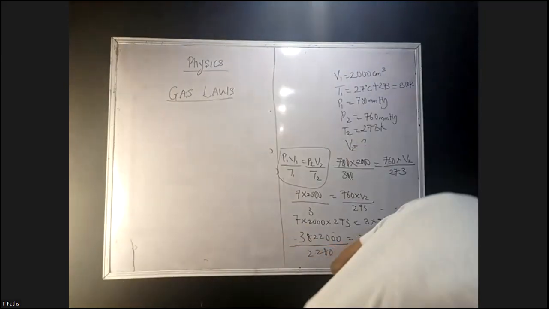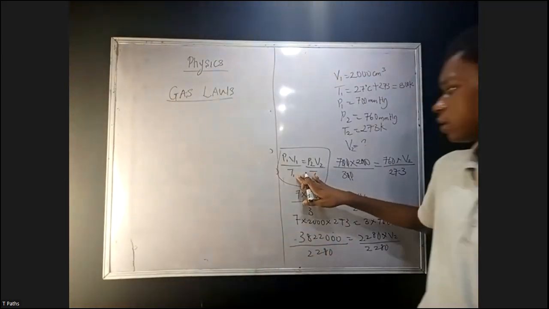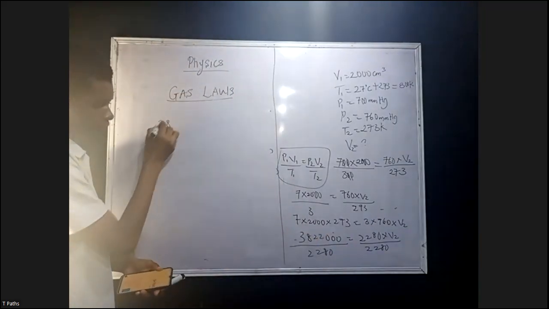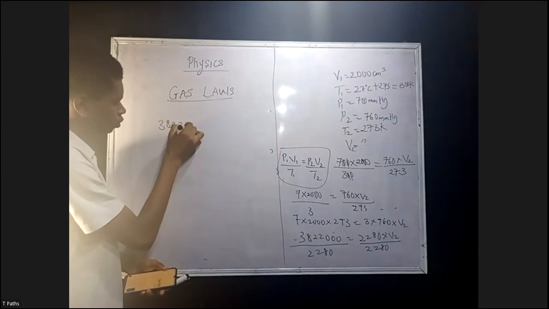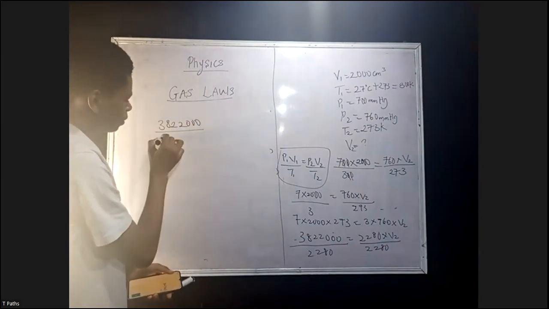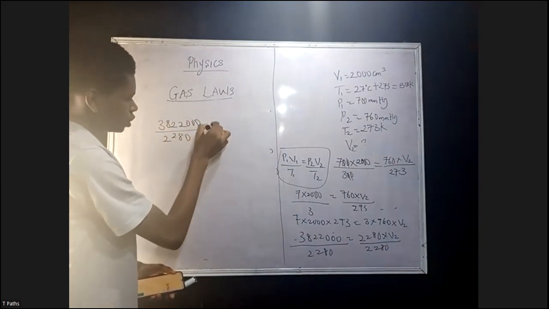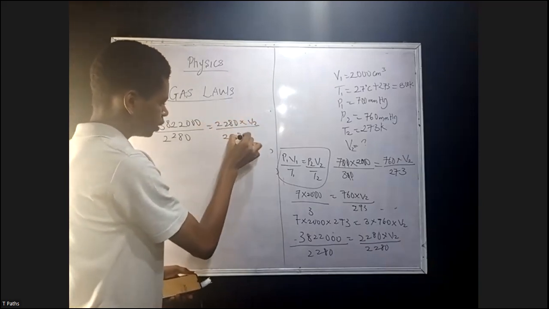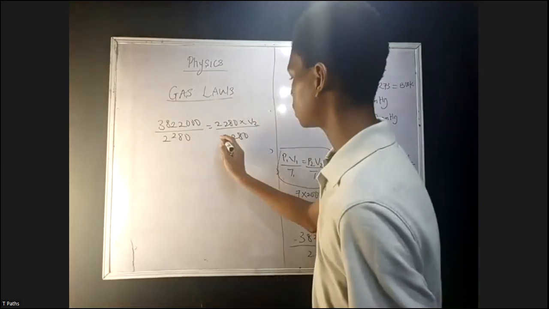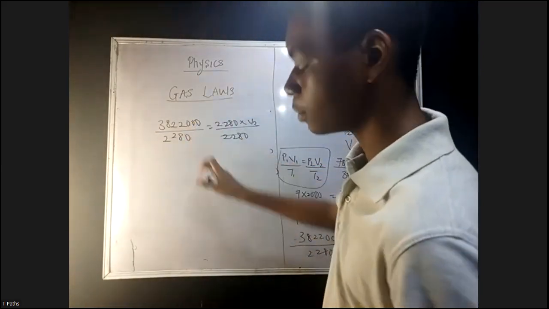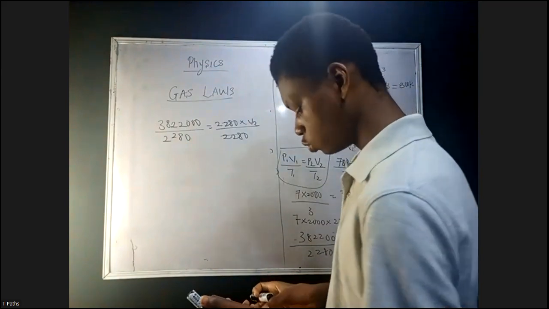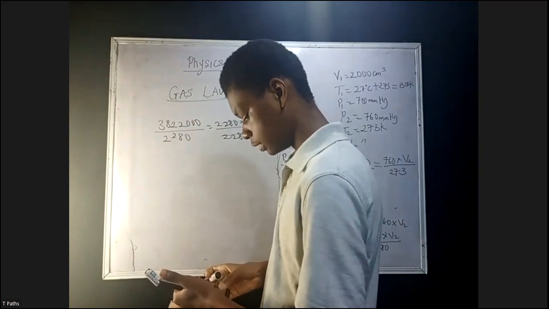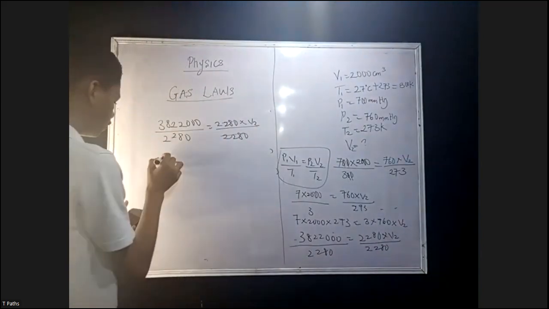Don't forget, we are still using the ideal gas equation, which is this equation I circled here. So now I have 3822000 divided by 2280 equal to 2280 times V2 divided by 2280. So definitely this is going to cancel out this. So now what I want to get is this divided by this. That's 3822000 divided by 2280. All right. So this gave me V2 is equal to